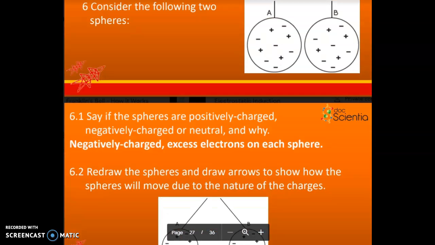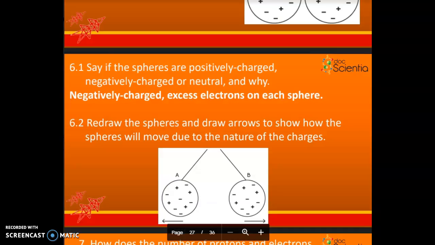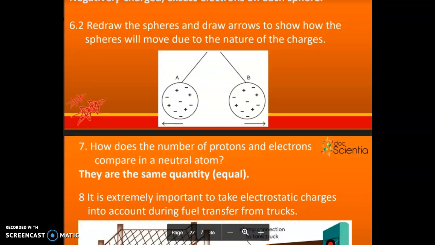Number 6. Consider the 2 following spheres. 6.1. Say if the spheres are positively charged, negatively charged, or neutral, and why. They are negatively charged because of the excess of electrons on each sphere. 6.2. Redraw the spheres